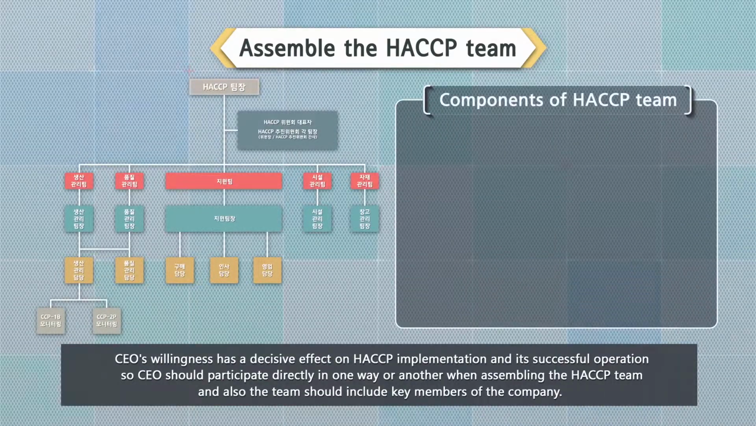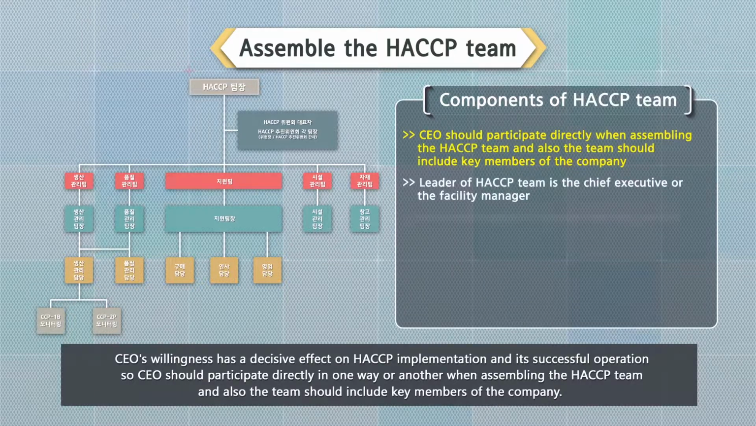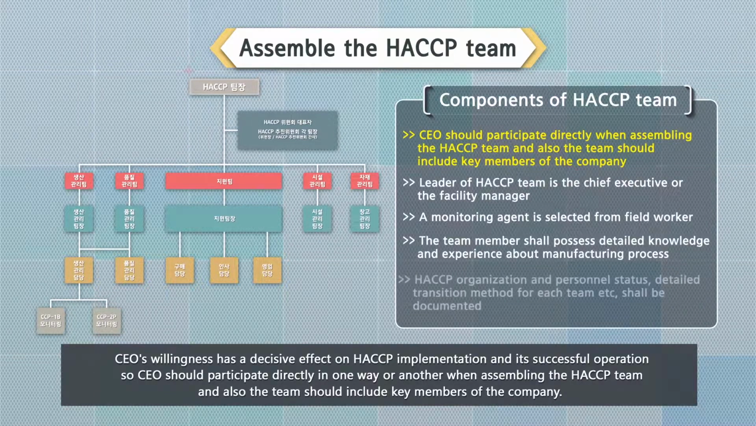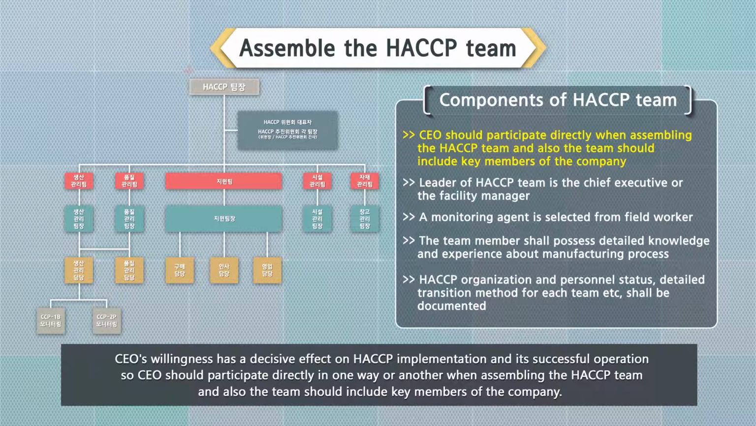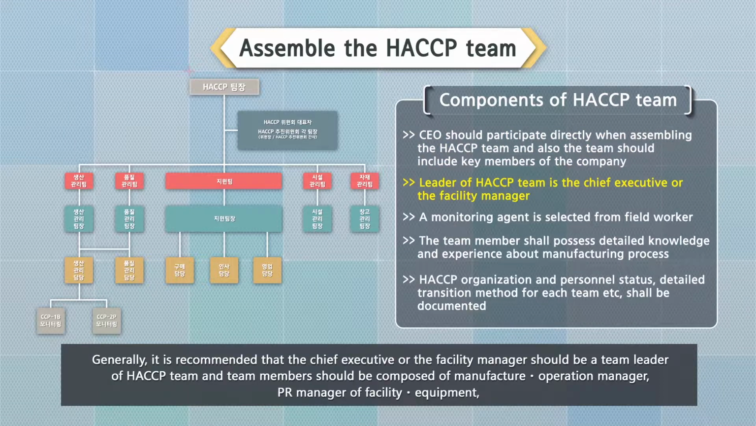The CEO's willingness has a decisive effect on HACCP implementation and its successful operation. So the CEO should participate directly in one way or another when assembling the HACCP team. And also, the team should include key members of the company. Generally, it is recommended that the chief executive or the facility manager should be the team leader of the HACCP team,